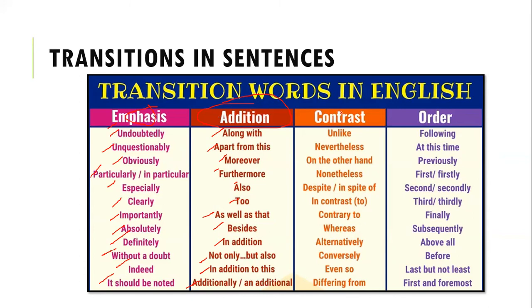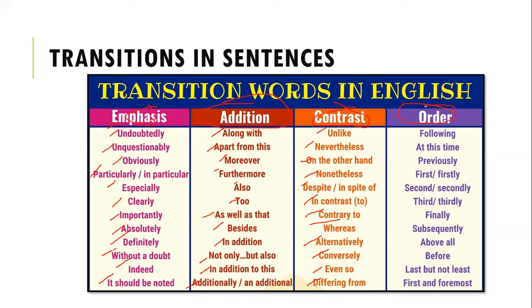Now, in contrast, or if you want to use its opposite, so you can use unlike, nevertheless. On the other hand, nonetheless, despite or in spite of, in contrast, contrary to, whereas, alternatively, conversely, even so, differing from. Now we also have order, so you can use order